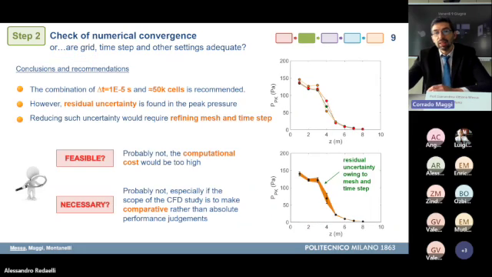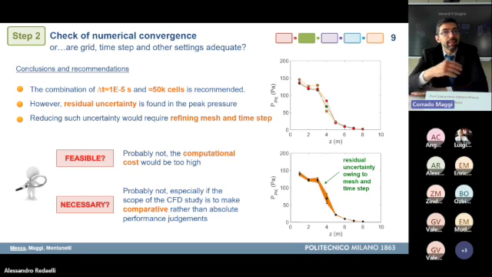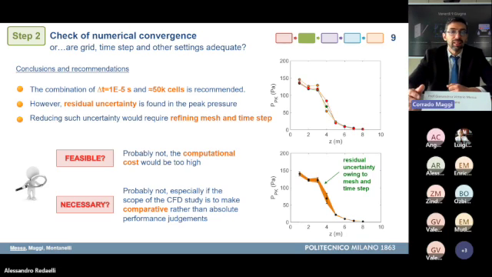And so what is the conclusion and the recommendation that we can provide at the end of this convergence study? Well, we found that basically 10^-5 seconds as delta t and 50,000 cells as computational mesh was the most reasonable choice. Clearly, this is not an absolute. It holds for our test case, but the combination of settings can change according to the geometry and according to the tank pressure. But apart from that, we can say that with this combination of settings, there is some sort of residual variability in the peak pressure.